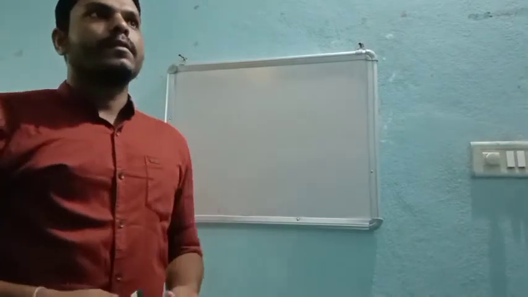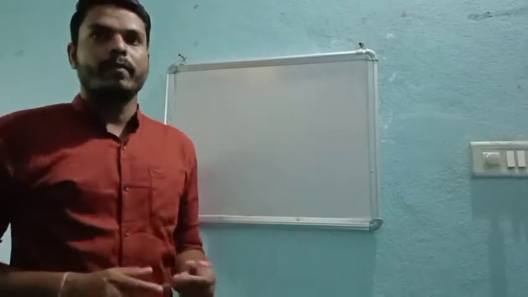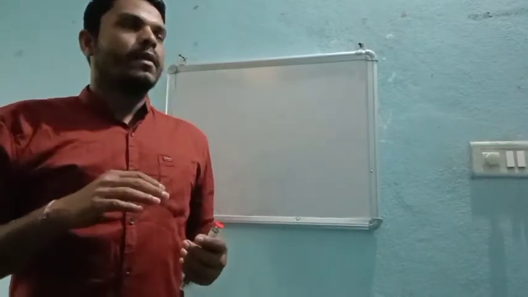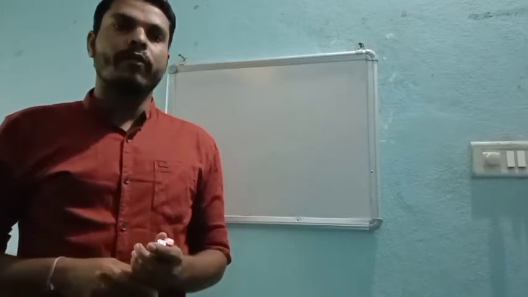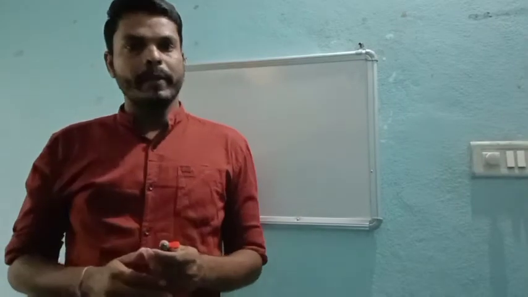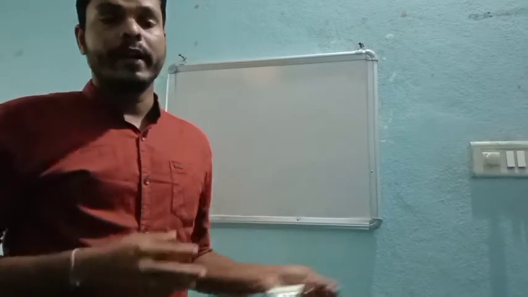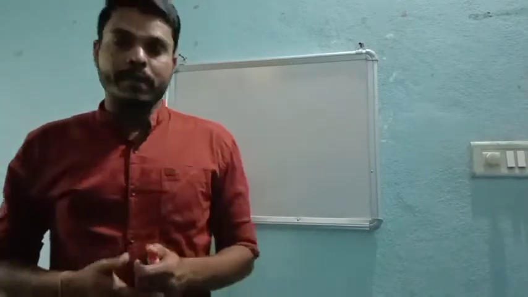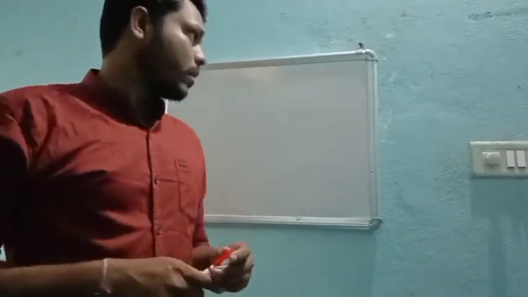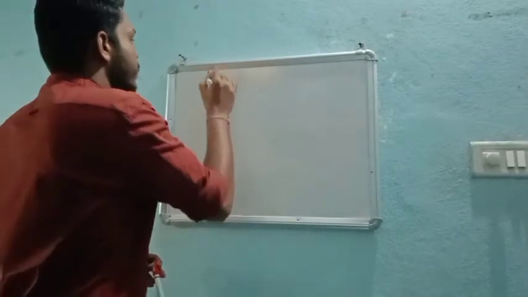So, in the last class, we had a class about the periodic table, and in that particular class we saw all the basic things required to understand the periodic properties of each and every element, and we also saw how groups and periods are divided, and how many blocks are present. And later on, in the last video only, we saw one more very important property, that is atomic radius.